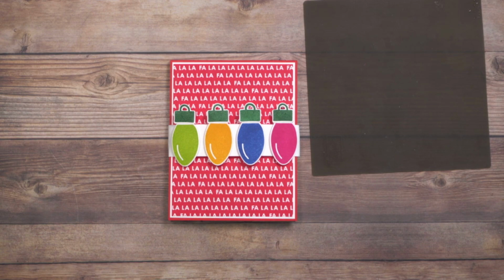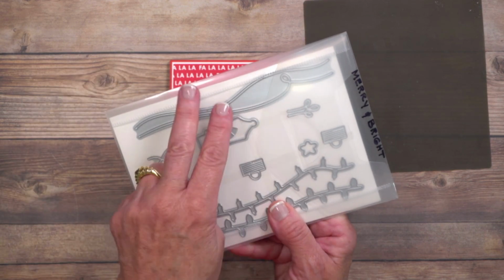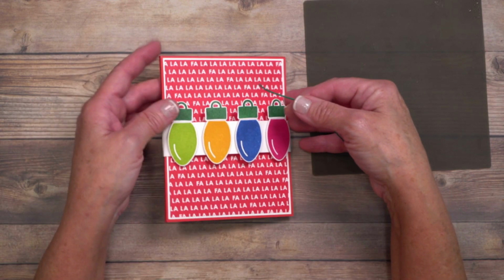There is an incredible die in this die set. Do you see it here? It makes the wire. So it does a 2-for-1. You get the curly one and you get the one that's wavy. Now I took the wavy one. Now if this is too persnickety for you, that's fine, but I couldn't wait to show you how to do